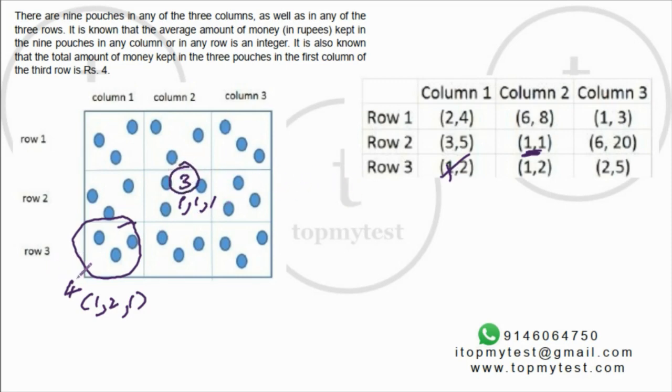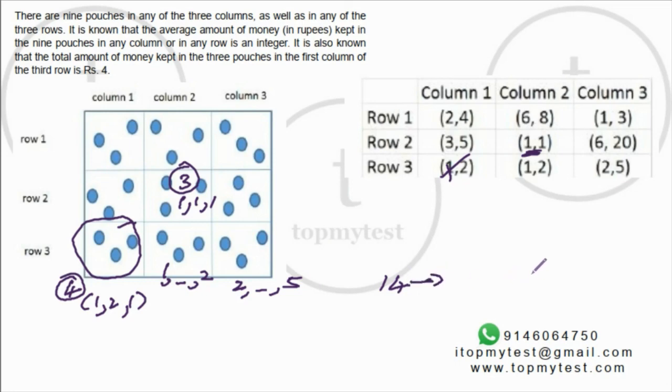Okay, this total is 4. Okay, let's add row wise here. So you have 1, a missing value, and a 2. We don't know what the total is. Here you have 2, a missing value, and a 5. Now if you add up the coins that we already know, you have 4 here, 4 plus 3, 7, 7 plus 7, 14 coins are already here.